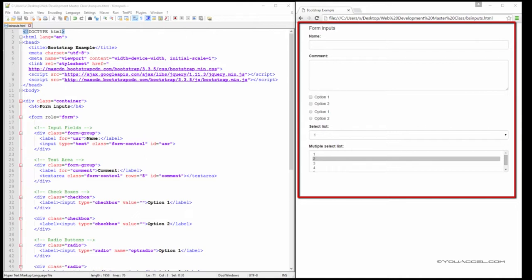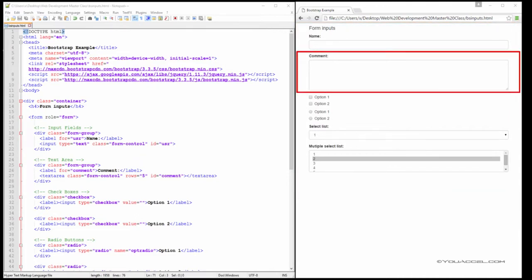On this HTML page, we have a number of different types of form elements. We covered the input field elements in the last lesson, so we'll take a look at the text area to begin with. To create a text area,